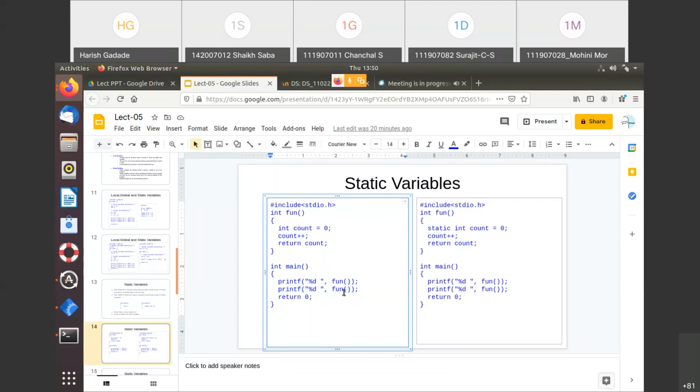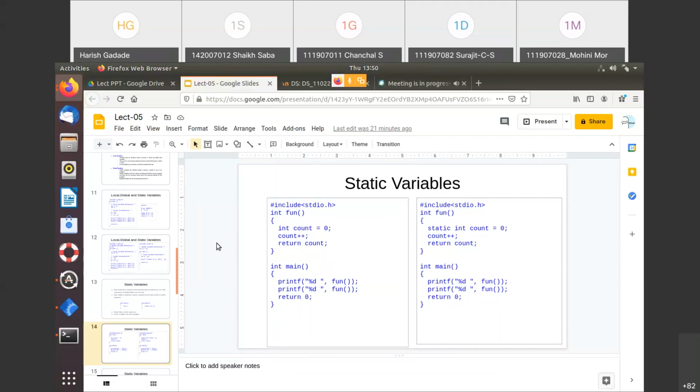What is happening here, again it will go to this function, it will initialize 0 to count again, increment by 1, and again return that 1 value, and the output is 1. Getting this? So the output for this is 1 in the previous case, and in the next case also 1. I think you understood this.